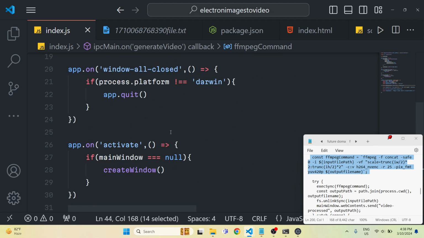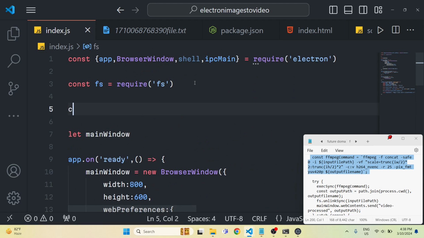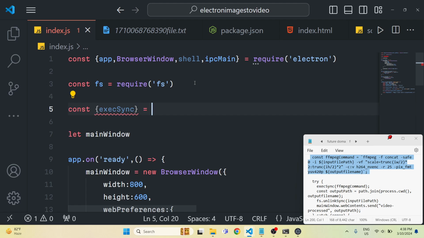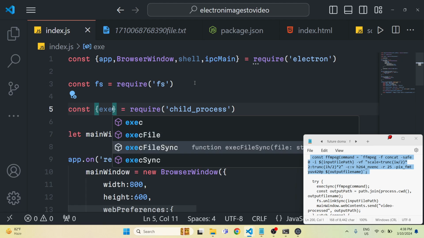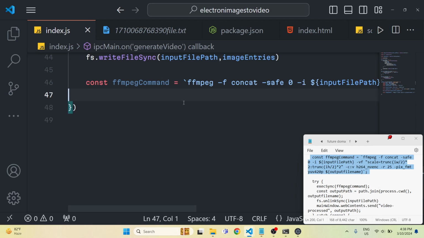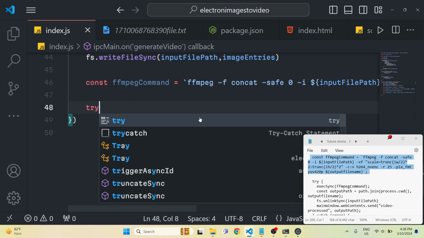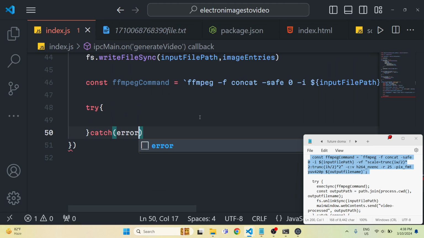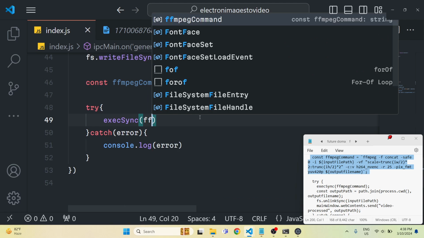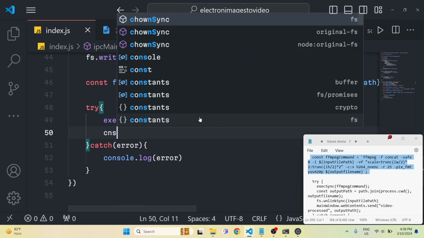After that, we now need to execute this. For executing it, we will just have this execute synchronous. This will be coming from the child process module, which is a built-in module. You need not install it. Right here, we will have a try catch block, in case any sort of error takes place. We can simply use this function execSync and pass this FFmpeg command. And after that,